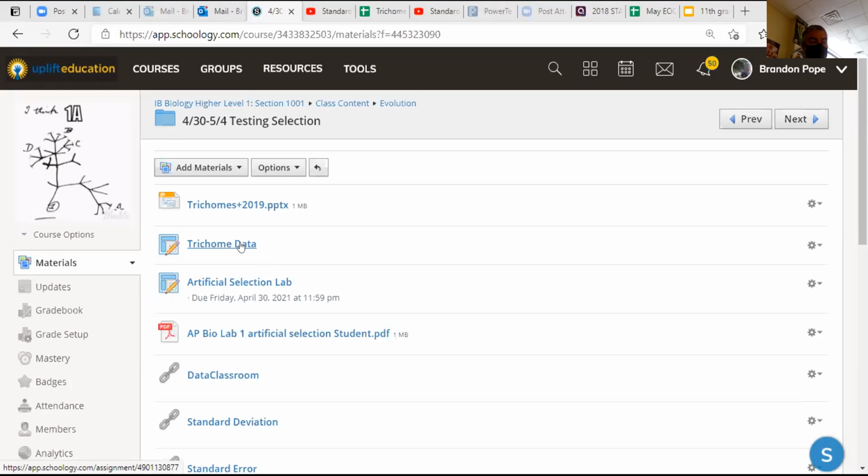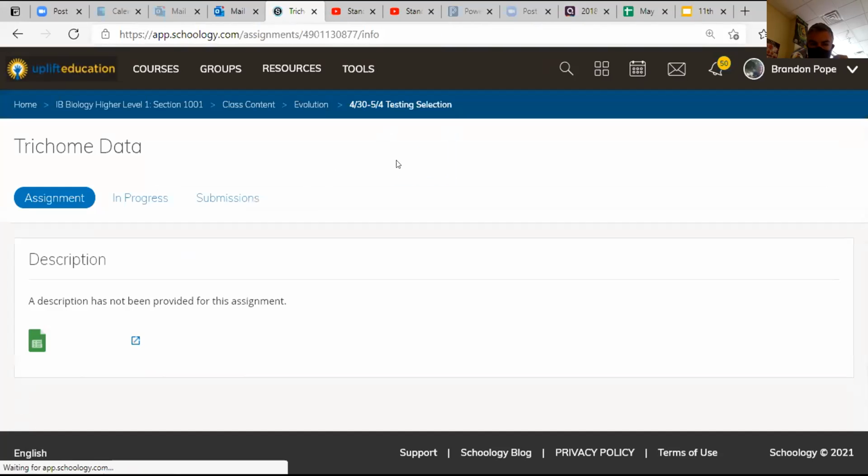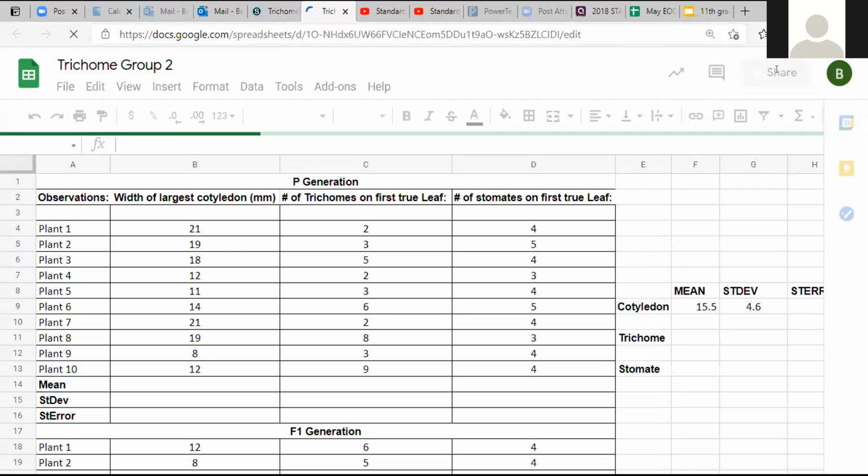Whoever feels least confident, I want the other people to walk them through it. So you share your screen. I've already analyzed some of the data for you. You'll see whenever you get in there that some of it is already analyzed because I just amended that document. Then you guys are going to amend it and do it for the rest of the groups. Questions before I put you in breakouts? Are there questions before I put you in breakouts? I'm going to go here and give you guys editing access.